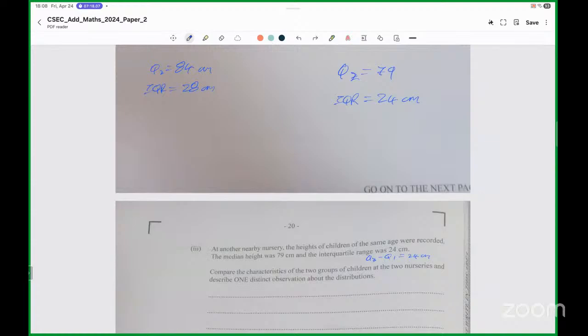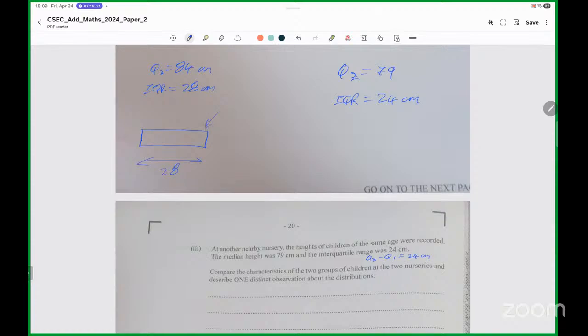Compare the characteristics. I just compare what we see. So the interquartile range is how wide it is in the middle. If you were to draw the box, that is wider than this one, and the interquartile range will be this width, 28. So if you overlay them,